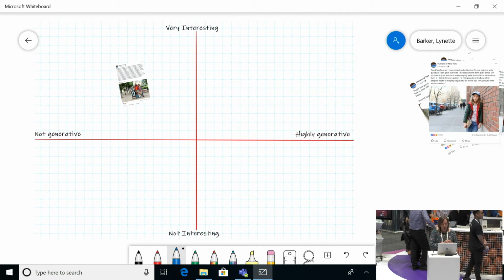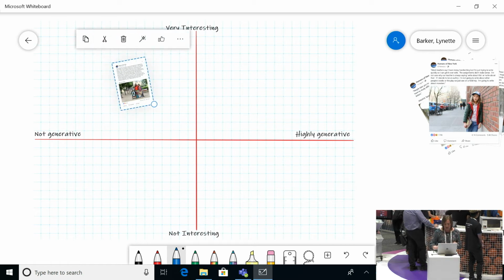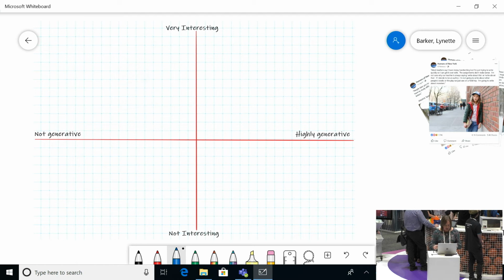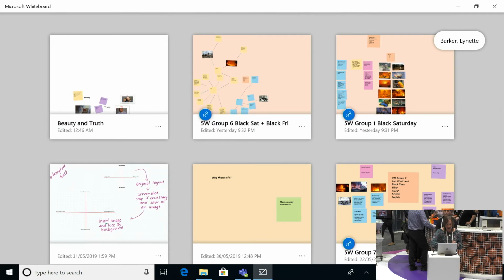What I found though was I'm getting a bit tired of drawing those lines all the time and writing, and there's no template feature in Whiteboard. So what I've done is I drew this without the image on it, and I took a screenshot, and then I cropped it down, and I now have that as a picture that I can insert, and I lock it to the background. So when I want to use that,